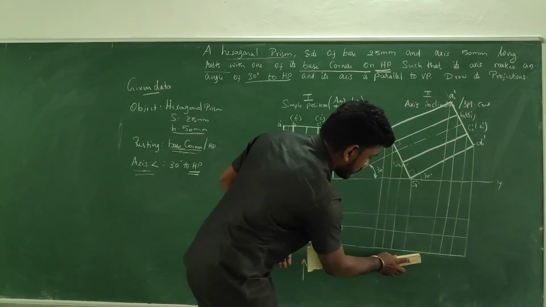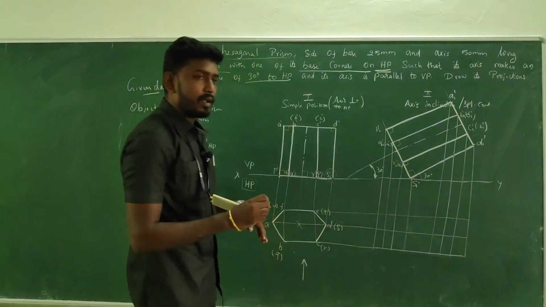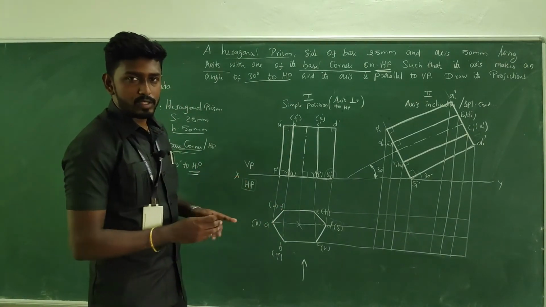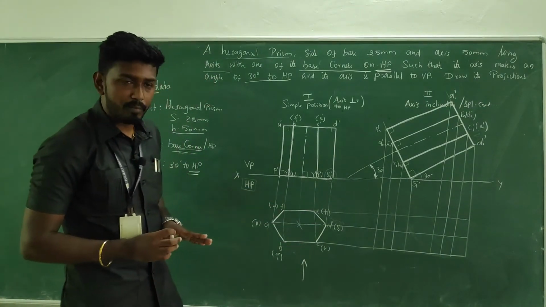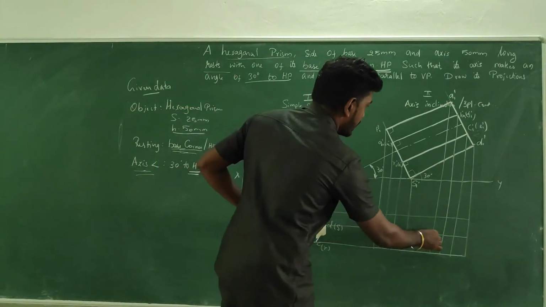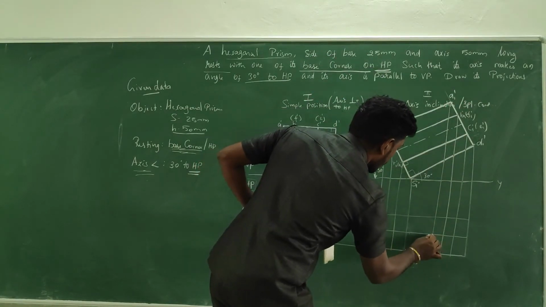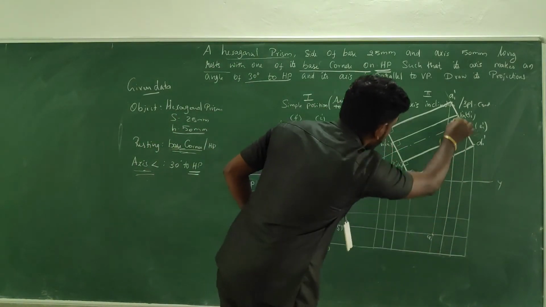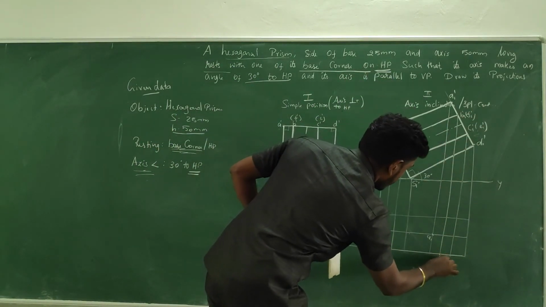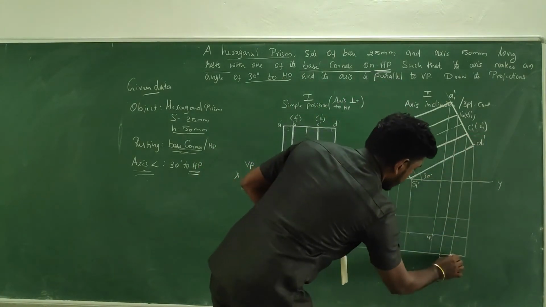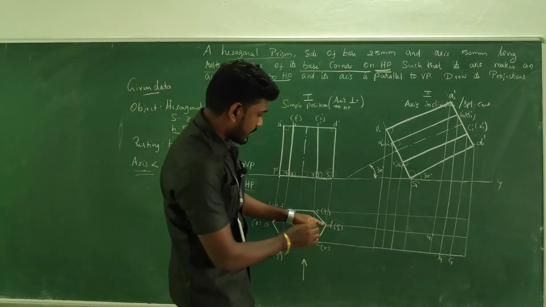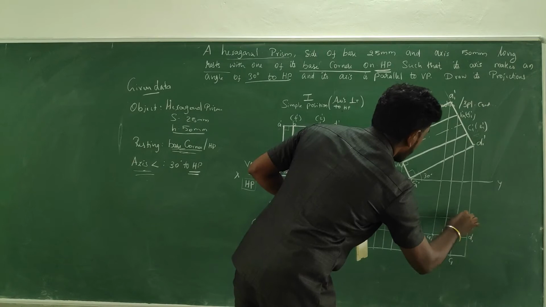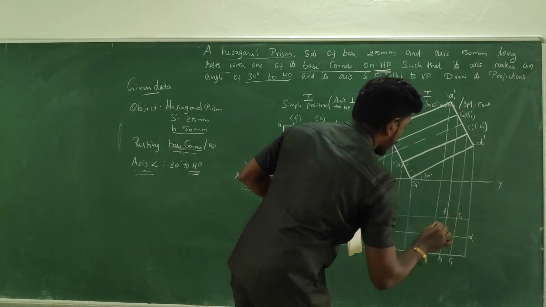So after getting the construction line, you can go for the mapping work just like a plane. Here is the first: concentrate on the top base. A, B, C, D, E, F is the top base. A horizontal is coming vertical, so this would be your A1. Here is B and here is the B vertical, so this would be B1. C horizontal and C vertical, so this would be C1. D horizontal, D vertical, so this would be D1. Here would be your E1 and here would be your F1.